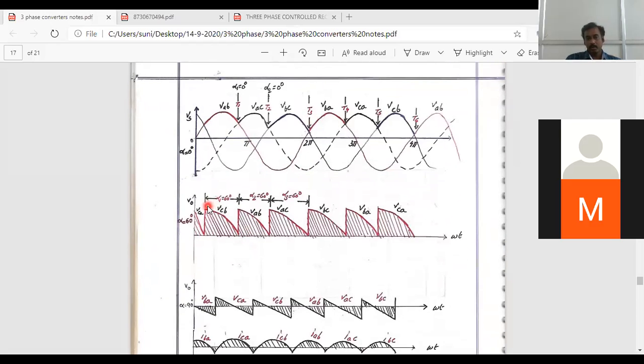Okay, so here you are going to consider the second case, alpha equal to 60 degrees. When alpha is chosen to be of 60 degrees, then what will happen? Actual triggering instant is going to be this 30 plus 60. That means the waveform starts at 90, and it will have the conduction up to 120 degrees, 90 plus 120, 210 degrees. From this 90 to 120, you are going to have the conduction.